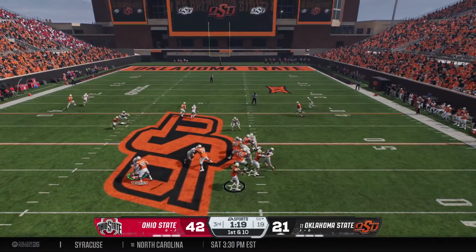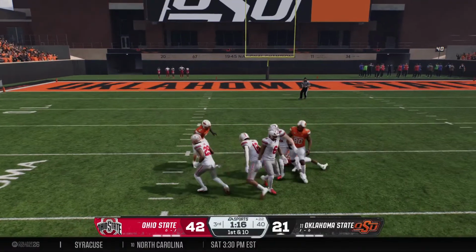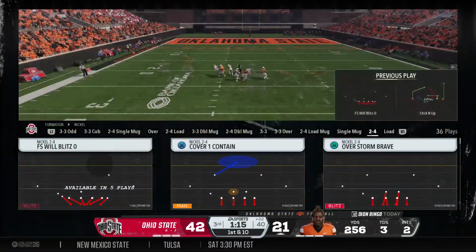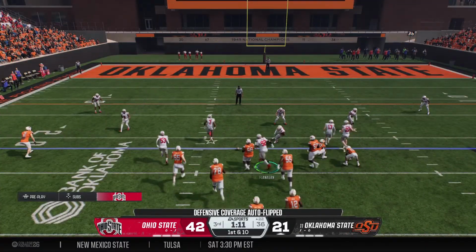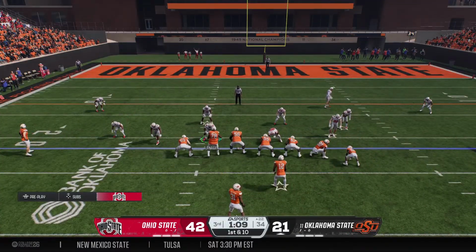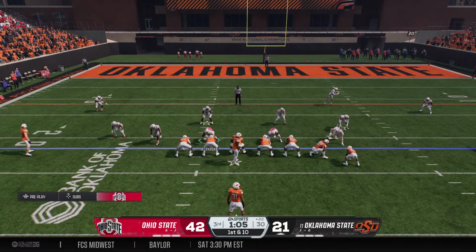Trying to start the drive with a pass. Snagged in the middle. It's Gandy. And this offense is feeling it as they rip off a big chunk of yardage, and they've got it on the 22. And this defense is going to have their hands full because they're going to need to be comfortable with guys one-on-one on...